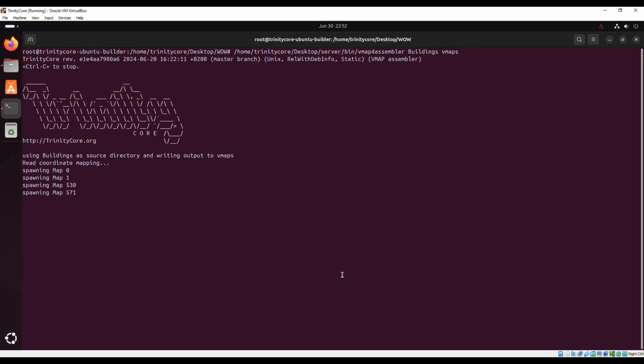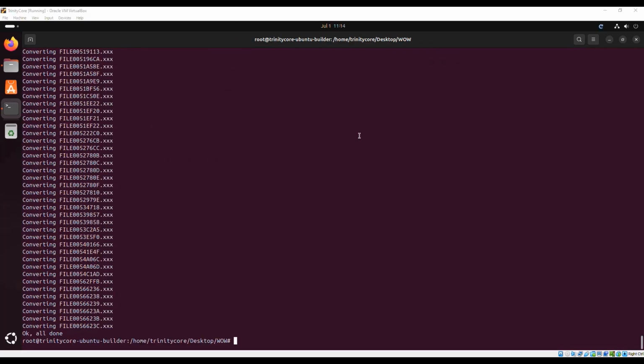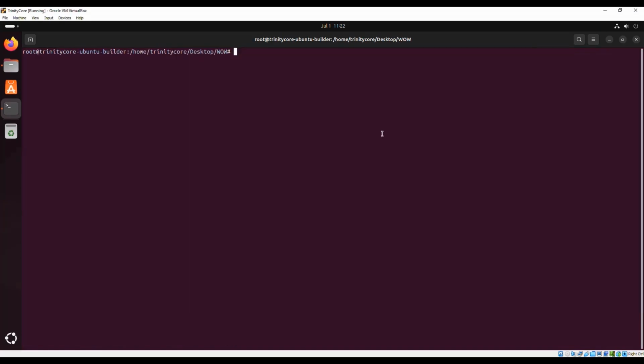This is another thing that might take some time, so be patient, let it work, and we'll be back when that is done. This process takes a long time, but in the end it populates the vmaps folder with all the files that we need, like we can see here. And now that we have the visual maps out, the next thing we have to do is also